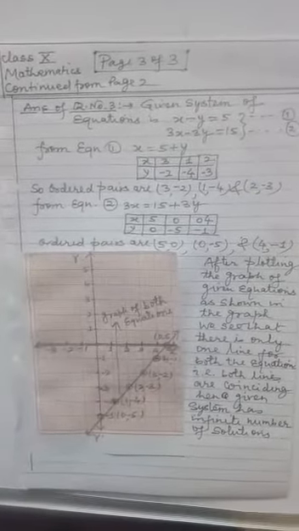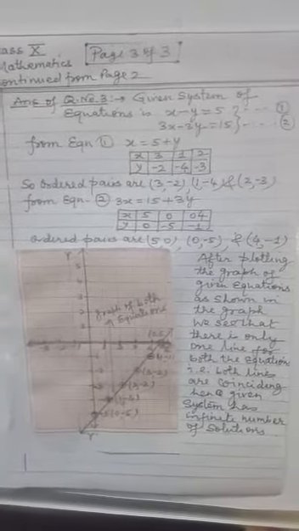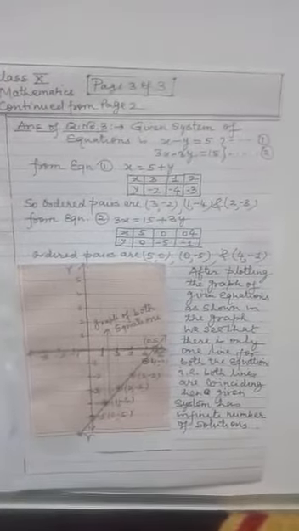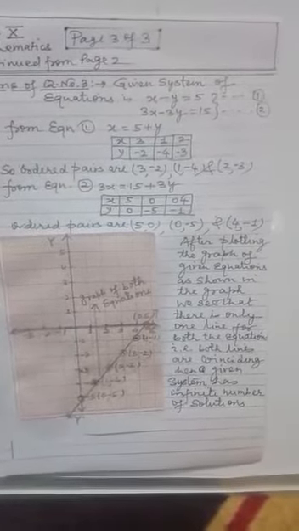After plotting the graph of both the equations, we see that there is only one line for both the equations. As you see, all six ordered pairs are shown in the graph clearly on the same line. So hence the two lines are coinciding, and therefore it has an infinite number of solutions. So that is the third case which I explained yesterday. Similar questions you can do from NCERT, which you have to show to me.